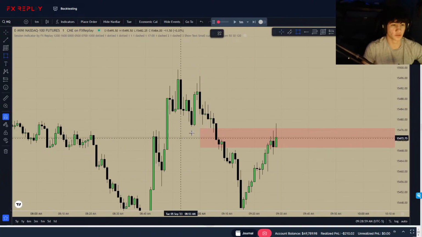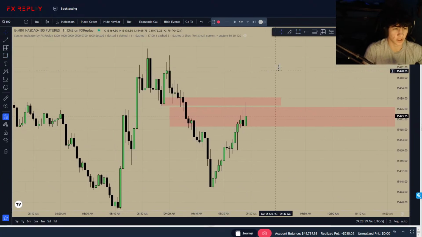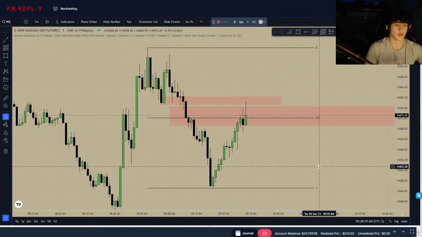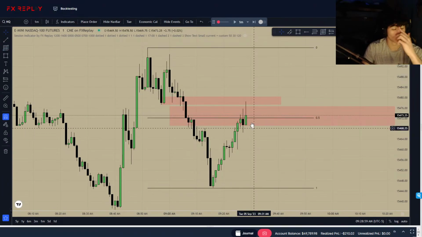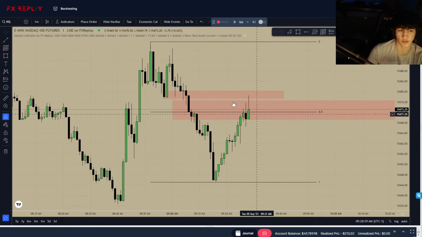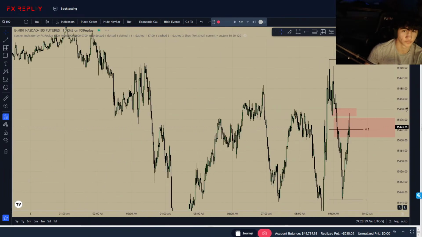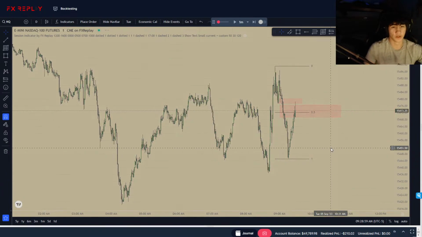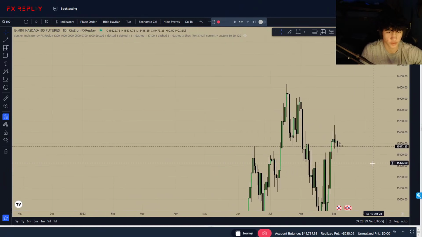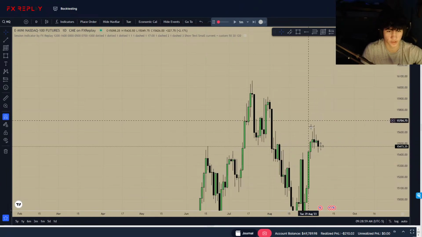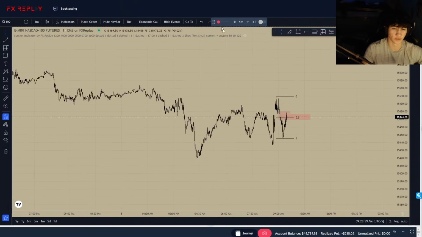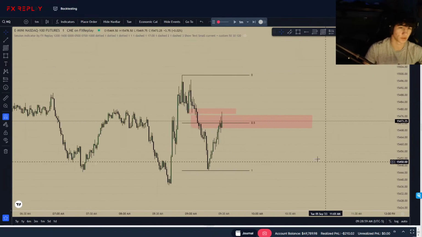Mitigation block also lines up with this one. I think we already tapped into it. I'm still extremely short biased just because of the Judas swing, overall high and low. I really want to see just one displacement leg lower, or I'd just be short off the rip with this mitigation block. Usually, because this would be our second leg distribution of a sell model. Also, keep in mind, we are range bound. So this could just be our little sweep lower and take out this high, target that. So if I am going to take this trade, I'm going to de-risk heavily because these conditions aren't really probable.